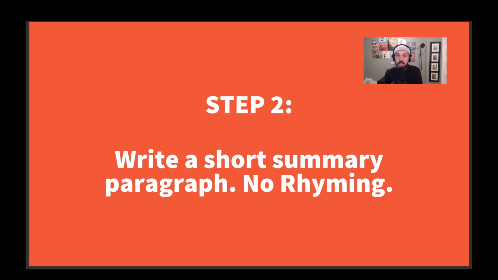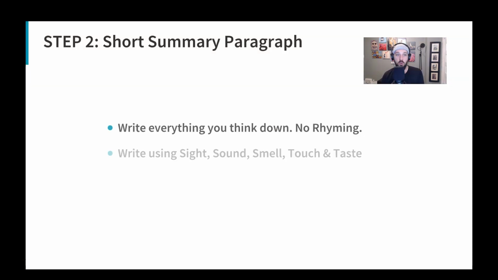Step 2 is super important. So write a short summary paragraph without any rhyming. I call it the brain dump. Just write a full paragraph about everything that you want to say, essentially outlining your track with the things that you want to talk about in it. This is going to be for one full verse, so just a chunked paragraph. Doesn't need to be a whole page or even half a page, just a nice paragraph full of words and